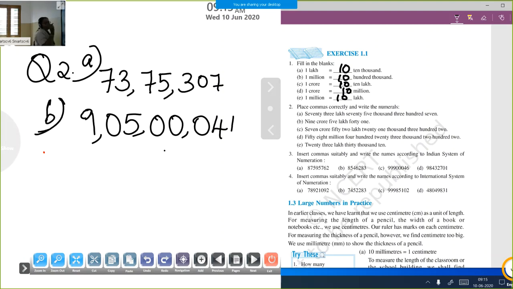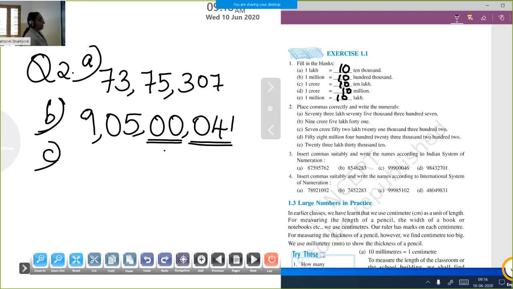So teacher is putting 9 crore, 5 lakhs, then thousands period we want. After crore, lakhs, thousand. It is not there, teacher put 0 there, 0, 0. Then 41. 41 means don't write only 41, add 0, 4, 1 because ones period is having 3 digits. Other all periods are having 2 digits in each period, only the ones period starts with 3 digits. Clear, children? Now it's correct, right? Teacher wrote correctly.